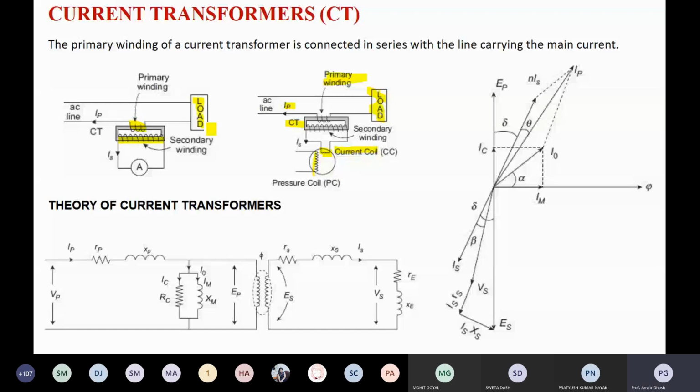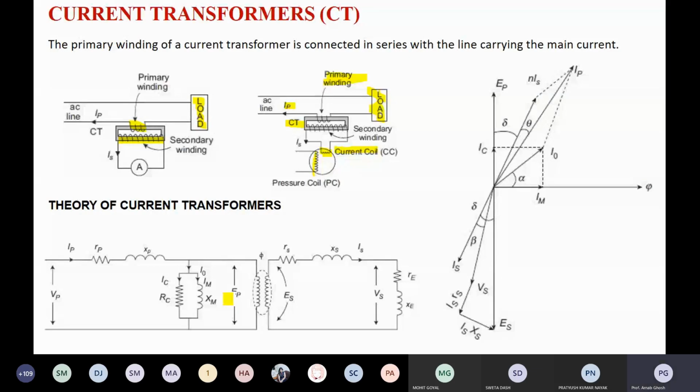So the theory of the current transformer, I think all of you are able to understand. Now you can go for the phasor diagram. The equivalent circuit of the CT is very simple because it is almost similar to the equivalent circuit of a single phase transformer. I am not going to explain everything for that equivalent circuit, because all of you told me that the single phase transformer has already been discussed in your machine class. So the same thing I am not going to repeat.